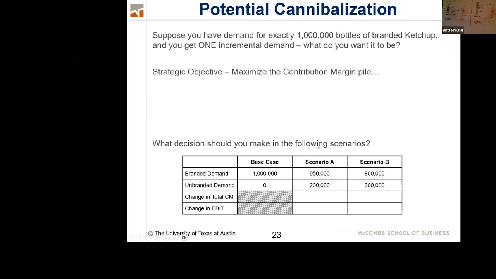I want you to look at, first of all, scenario A. If market research firm A is correct, and scenario A is what's likely to happen, should Hunt's engage in this relationship with HEB or not? Yes or no? Sell the ketchup or not? Somebody tell me this. And if you followed this argument, this is a 5-second question.